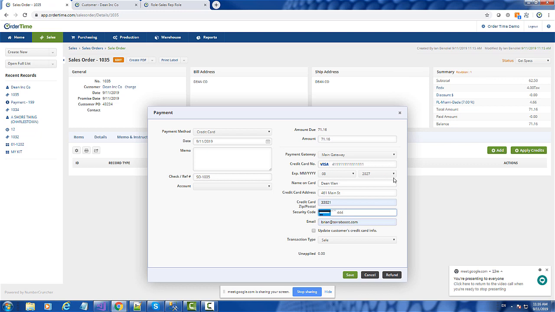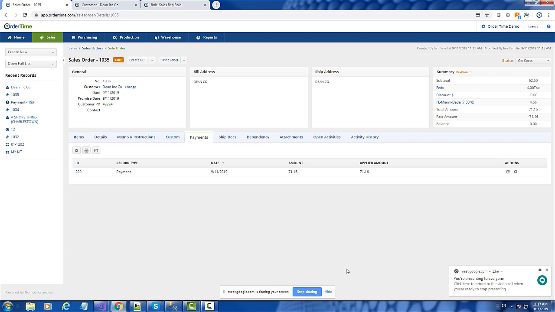CVV code. The CVV code is the only thing that you have to enter all the time. And if I'm doing this for the first time, I can check this little box to update the credit card info for the company. All right. So now, as you can see, I have a paid